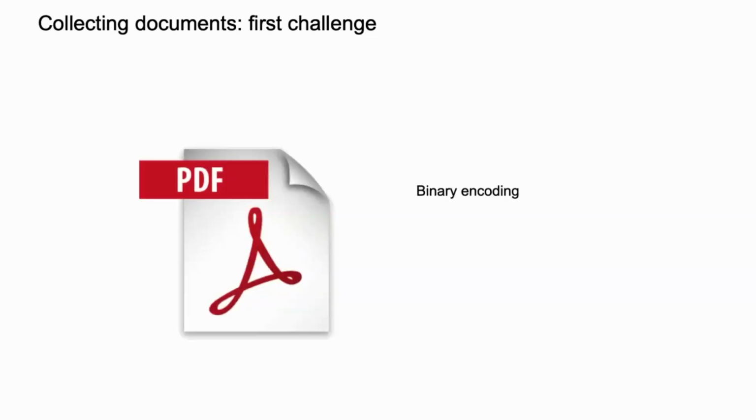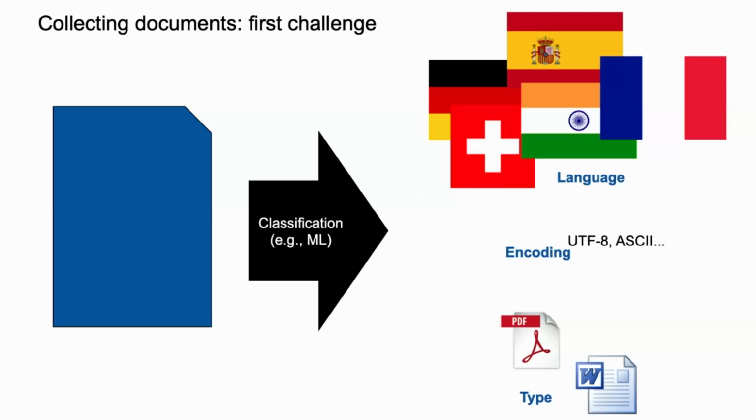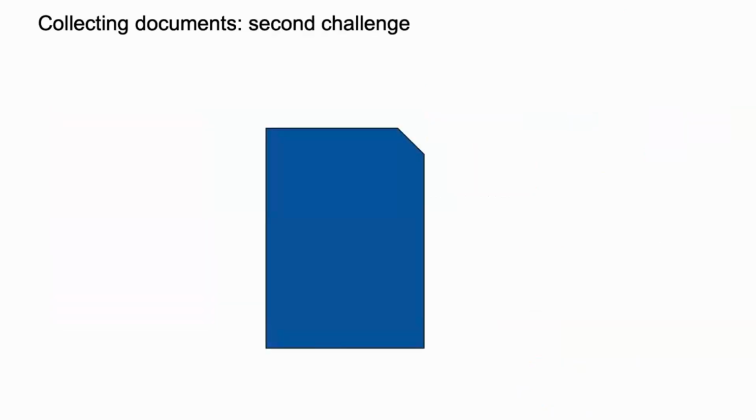Okay? And then, of course, the binary encoding is even more problematic because you need to know how to decode it. All right, so all of that means that we need to do a lot of work of classification in order to figure out the language, the encoding, and the type of document, and then we can start reading it. And again, machine learning can be very useful for that. The second challenge